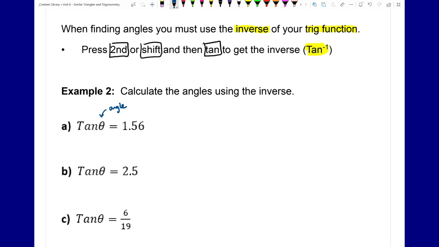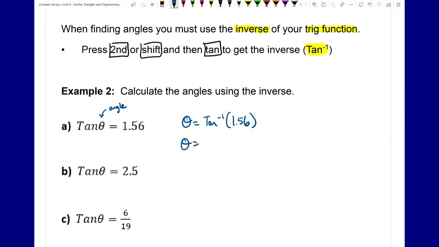What I have to do is move tan. I have to get rid of tan. And the operation that tan, you could think of tan as just being an operation. So the opposite of tan is the inverse. So if I move tan to the other side to get theta by itself, it becomes tan -1 of whatever is on the other side of the equal sign. So tan -1, or the inverse of tan,